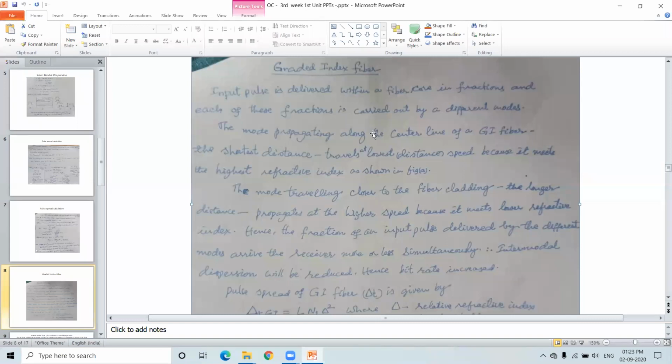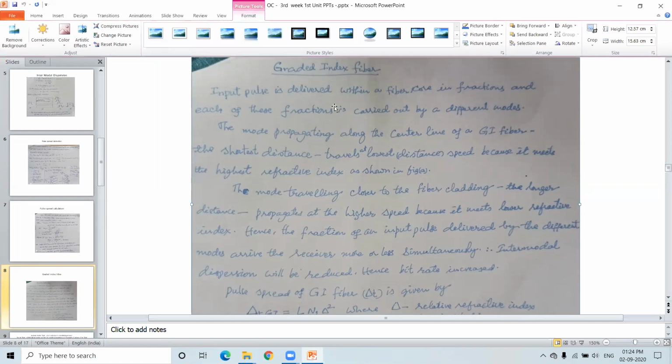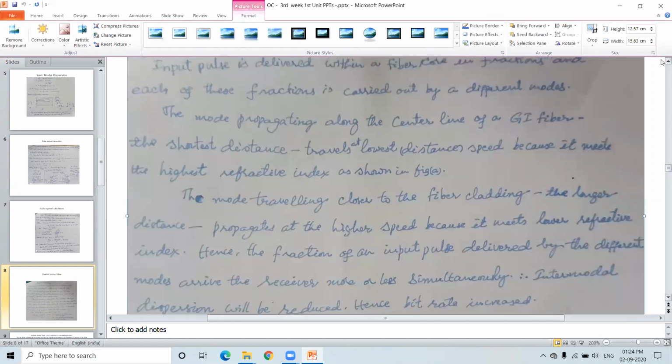Please listen here. Before I explain without the diagram, if you see the diagrams, you can easily understand. Gradient index optical fiber. Here the first mode has to reach the other end of the fiber with less velocity, which means the refractive index is more there. Simultaneously, the highest possible mode, the critical mode, must have a lower refractive index, so that it has high velocity, so that they will reach more or less simultaneously. Let us see. Please all of you see here. Now this is what I have given you in this.